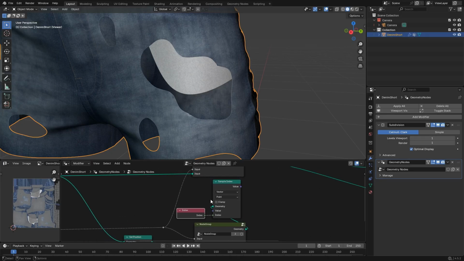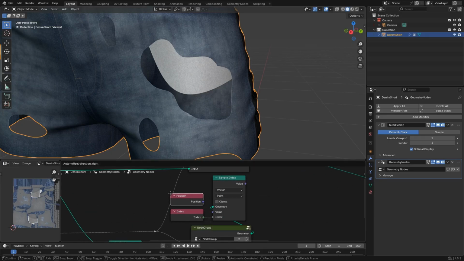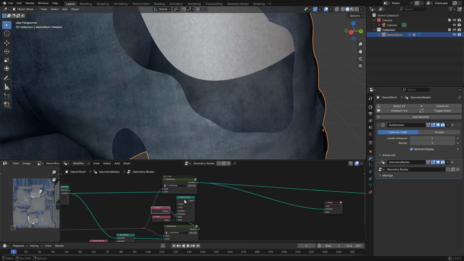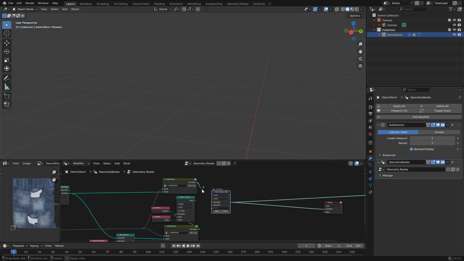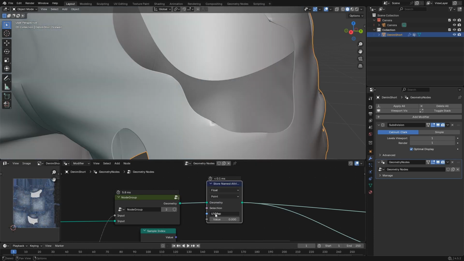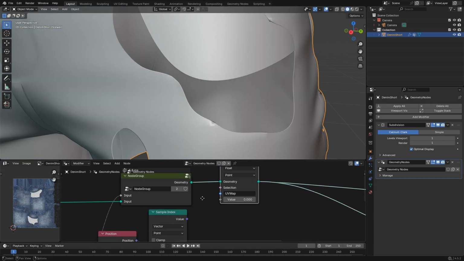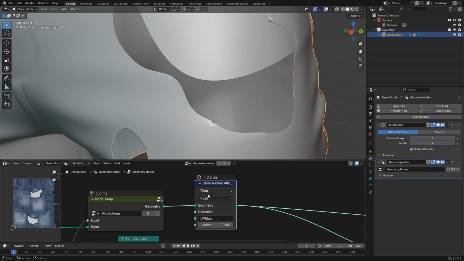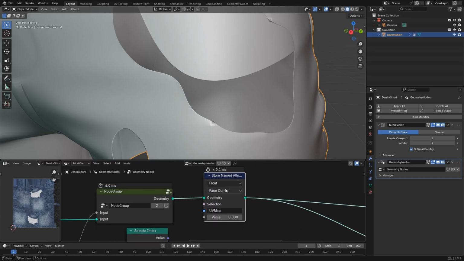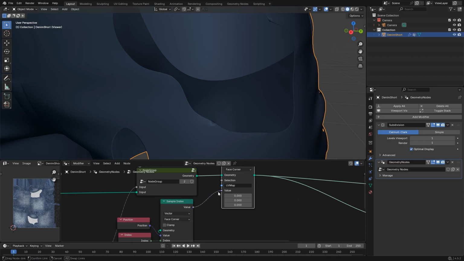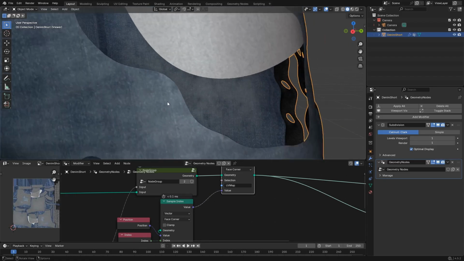Let's connect this to the sample index and sample the position of this, and then we are going to store named attribute, and we are going to store UV maps on. First of all, we need to sample index the face corners, and here we also want to store face corners on UV map, and it has to be a 2D vector. And if we connect the sampled index position to this, it's going to